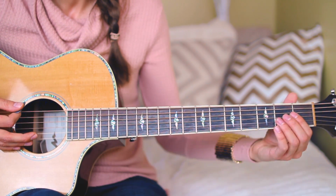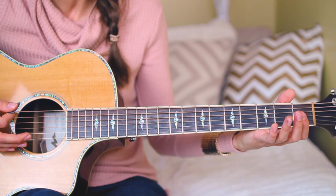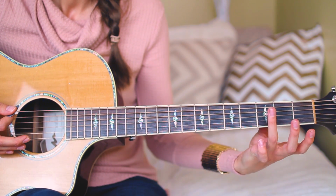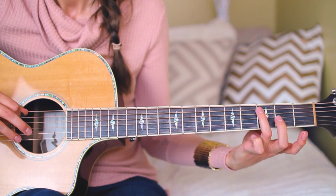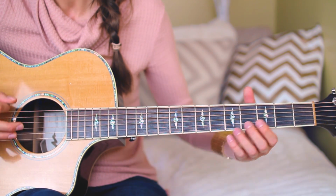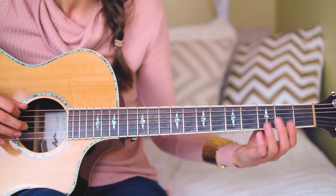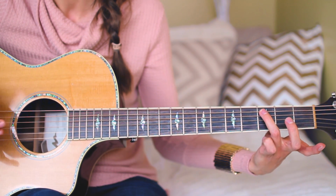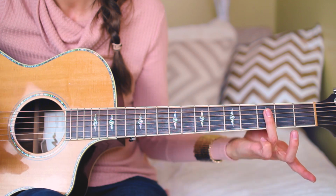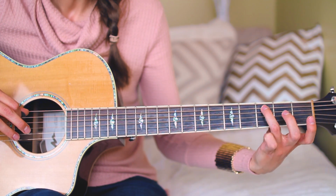So we're going to go ahead and start out with our ring finger here, 3rd fret on the A string, and you're going to pick that. And you want all of these notes to just mute right away. You don't want them to kind of hang around, you know, like this. You want them to just be abrupt, just like that. So to do that, just let off the pressure right away. So boop,